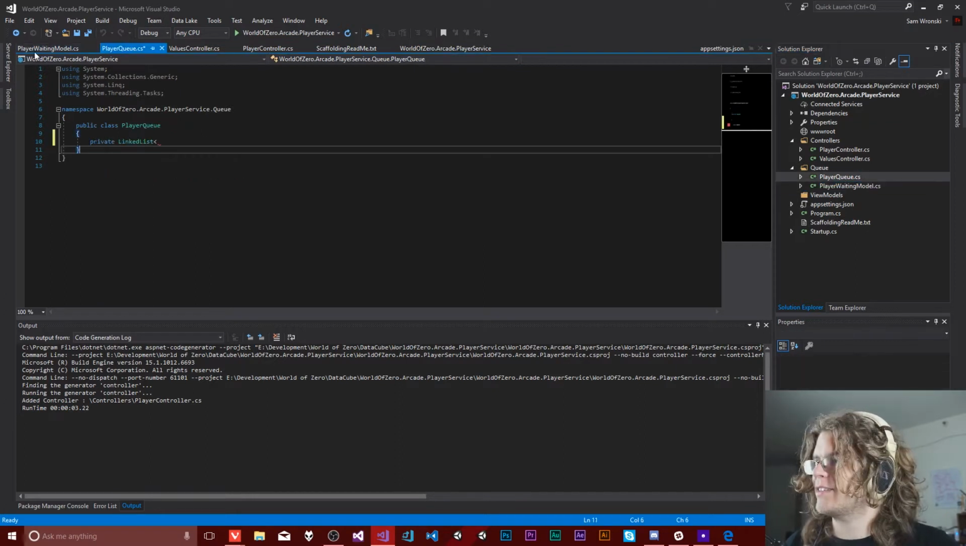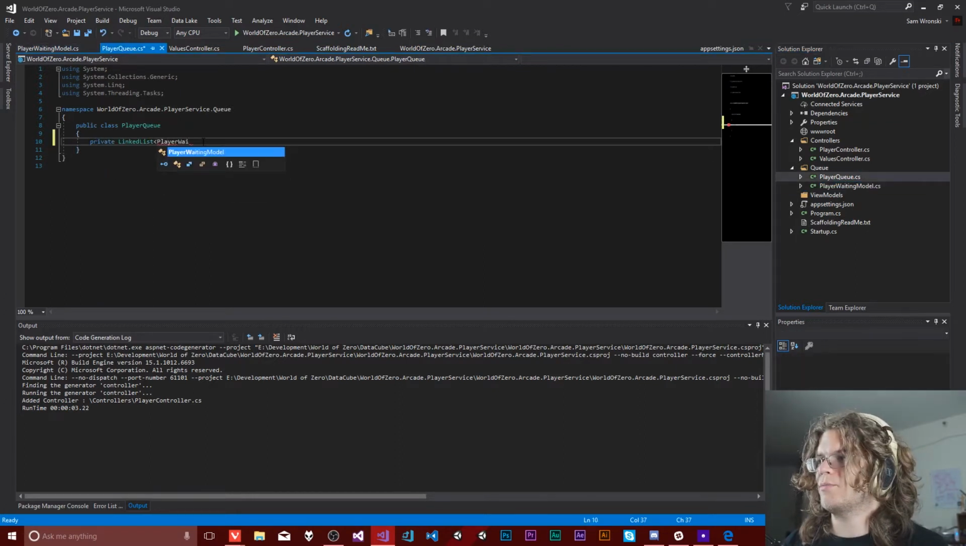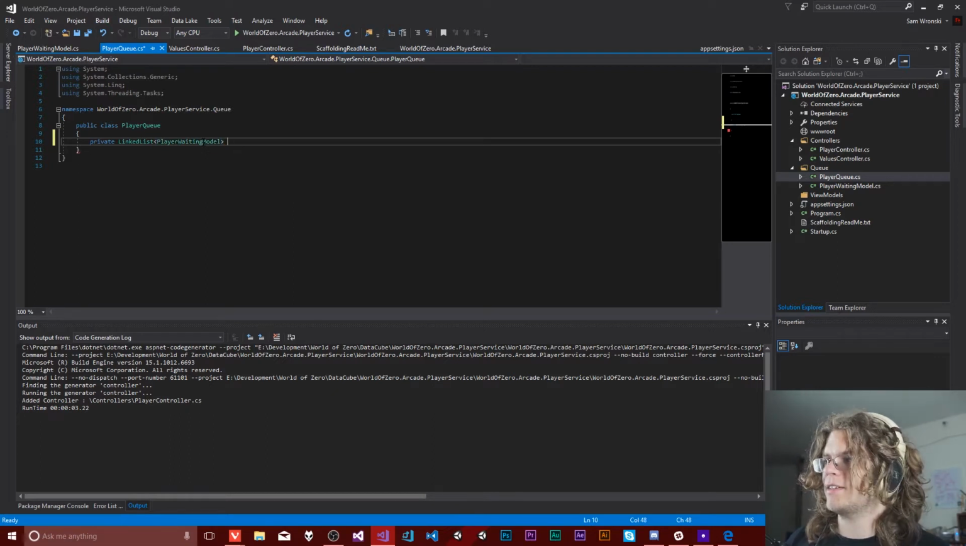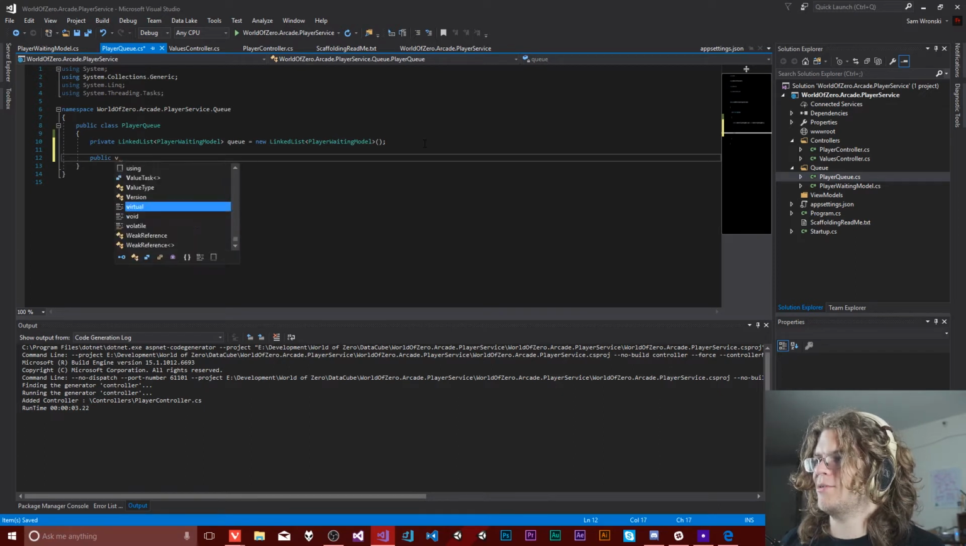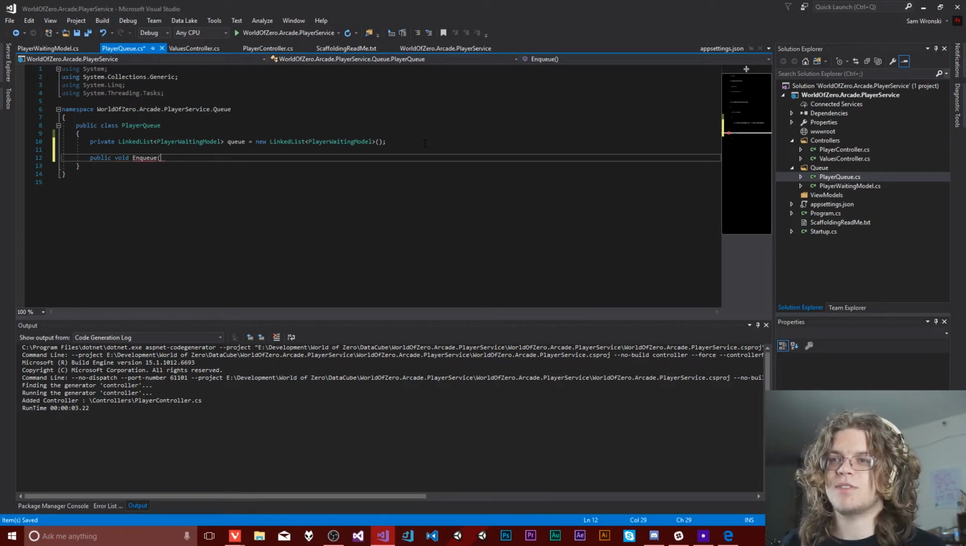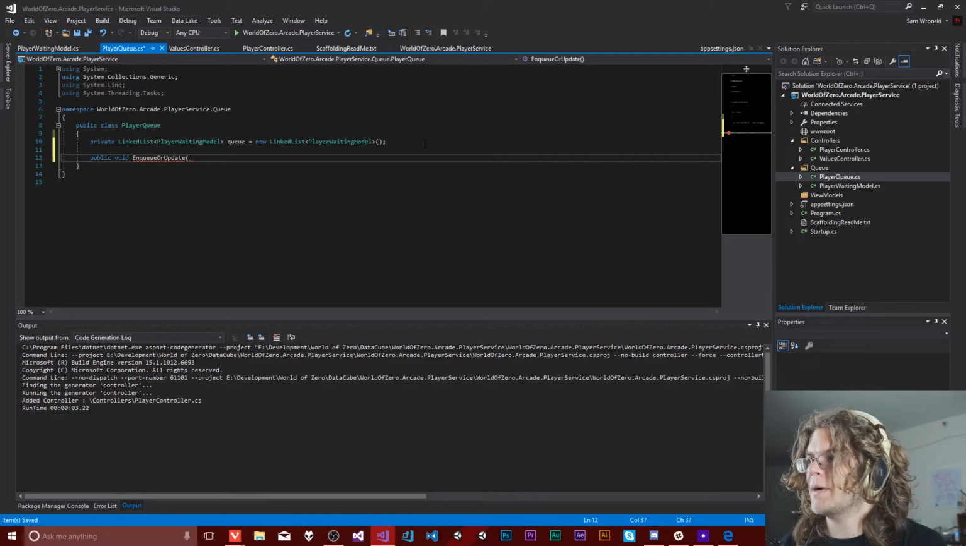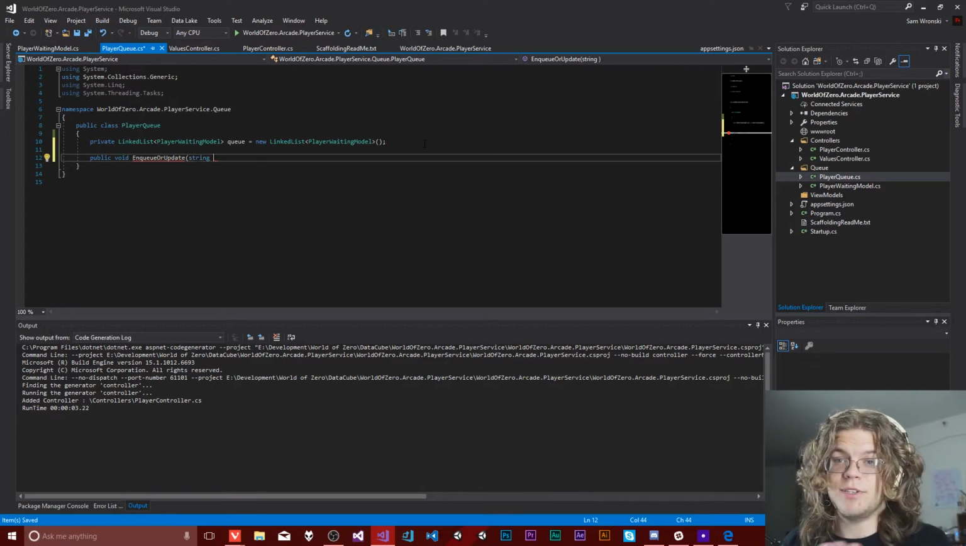So we've got that there. Let's do a linked list of those. So a linked list of player waiting model, and we'll just make that private and make it our queue. We can just initialize it here because that's fine. Let's enqueue something. So we're going to just do a void enqueue, and we're going to just enqueue our player. Actually, enqueue or update. So this is going to iterate over it, and if it doesn't find it, this is O of n just because of the way it's working. We're going to iterate over our entire list. If we do not find our player, then we're going to post, we need something else. Actually,